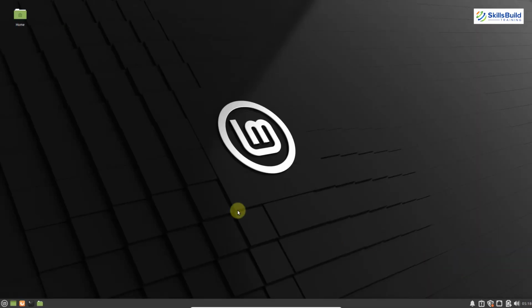This is the Linux Mint XFCE edition, and this is the last one for the Linux Mint operating system. This is a really good one, and it also uses fewer resources than Cinnamon. They say that Linux Mint XFCE is the most lightweight and most stable version of Linux Mint. So obviously it is very suitable for systems with fewer hardware resources. Now let's explore what we have in this Linux Mint XFCE.